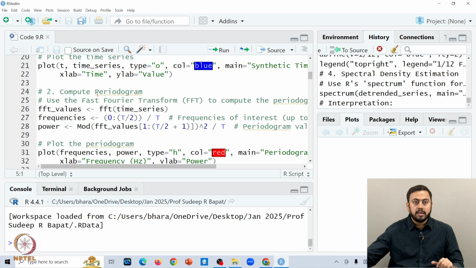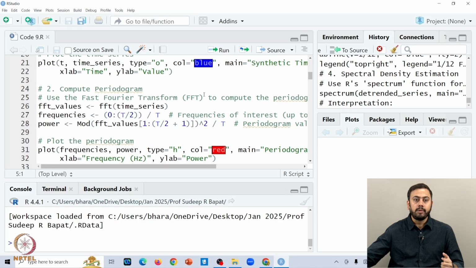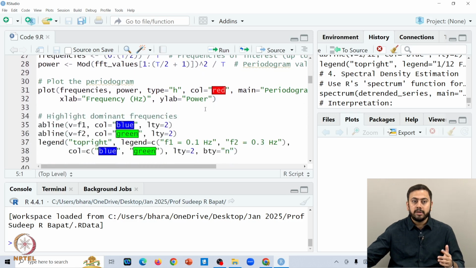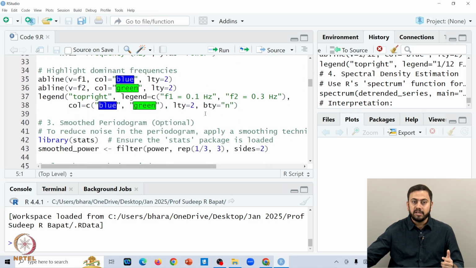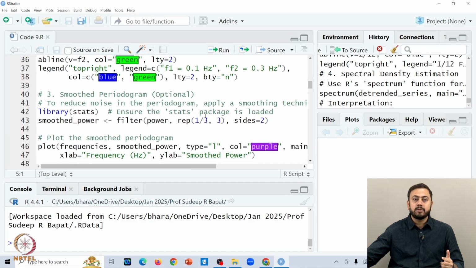Okay. Now just to summarize very quickly, the periodogram is a very famous technique to estimate the spectral density using a non-parametric approach, and we have seen this in the last couple of lectures as well. Then down the line, how do you plot the periodogram, and how do you highlight some of the dominant frequencies, and the third aspect would be how do you smooth the periodogram. If you remember from last session, the periodogram has a disadvantage that it is not consistent, so rather we have to use an approach where consistency could be met.